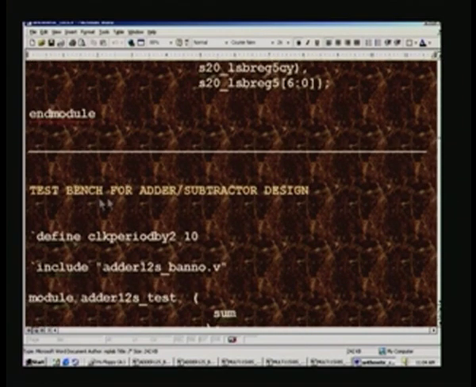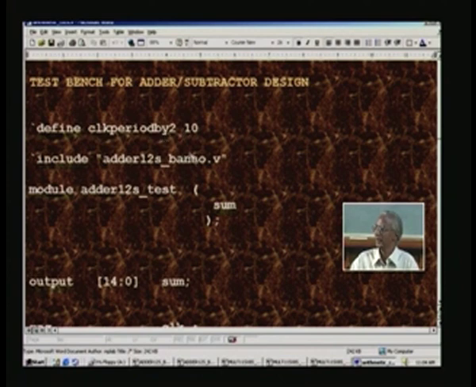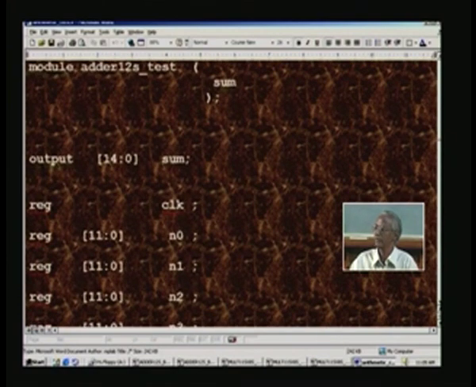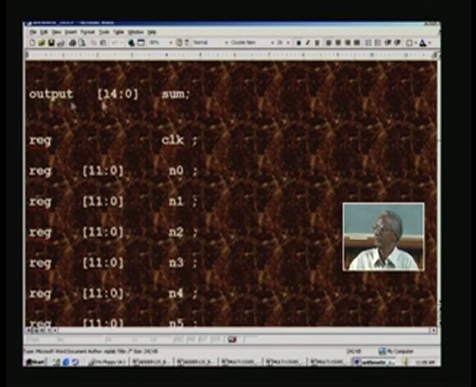We will look into the test bench for adder subtractor design. As usual, we want to run at say 100 megahertz. So we define clock period by 2, and we need to have a back annotated file for adder, and we declare the test module, which is this, and we want to return only the final sum. And note that we had used only assign statement for the sum, and therefore it is not registered, and that is why in 5 clock cycles you could do, and if you want to register it you need one more clock cycle. Right now we do not want registration,